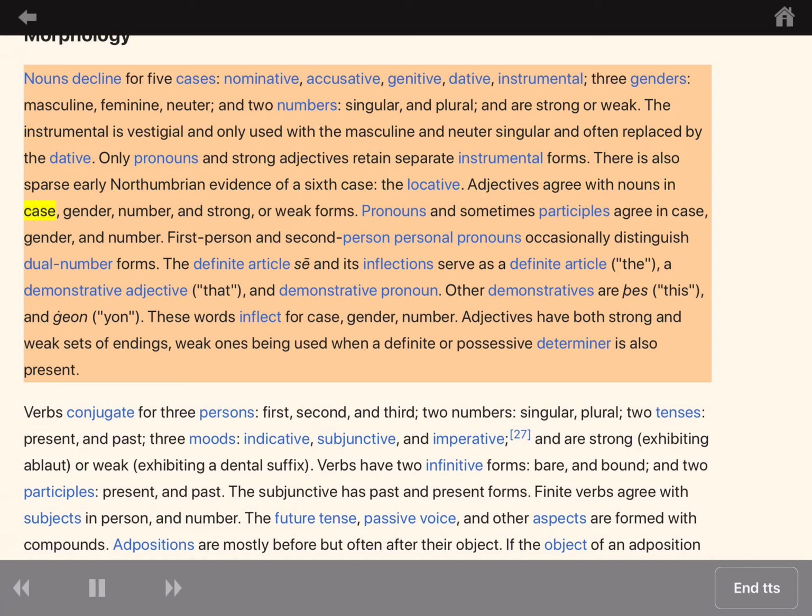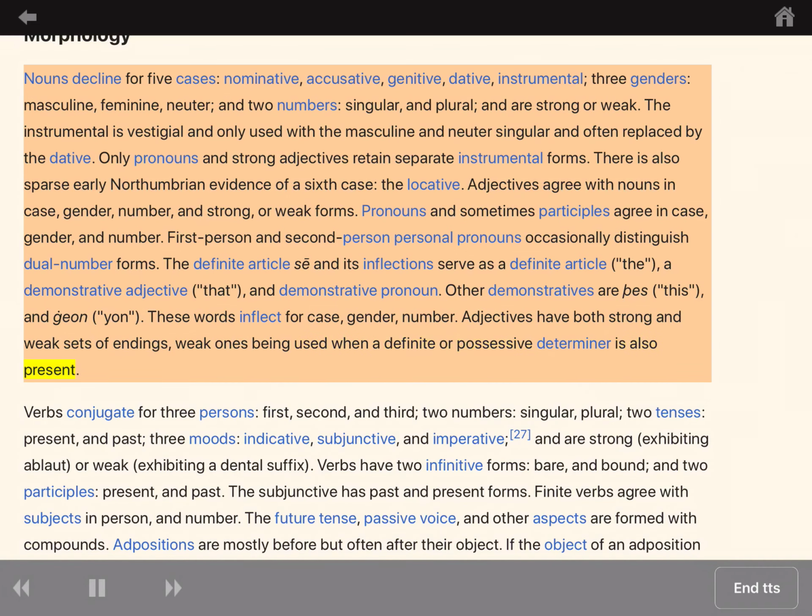Adjectives agree with nouns in case, gender, number, and strong or weak forms. Pronouns and sometimes participles agree in case, gender, and number. First person and second person personal pronouns occasionally distinguish dual number forms. The definite article se and its inflections serve as a definite article, a demonstrative adjective, and demonstrative pronoun. Other demonstratives are þes and geon. These words inflect for case, gender, number. Adjectives have both strong and weak sets of endings, weak ones being used when a definite or possessive determiner is